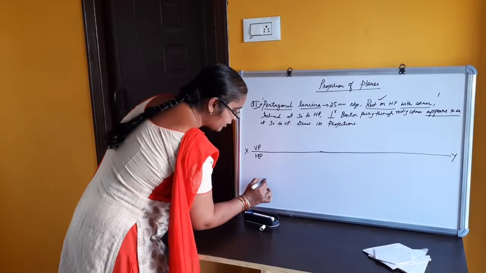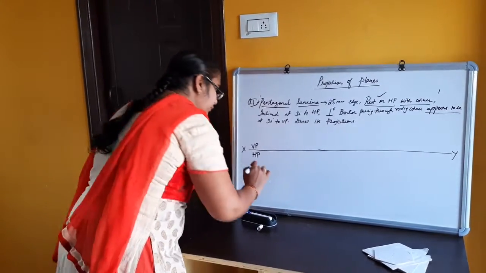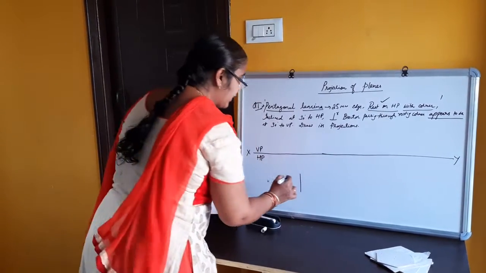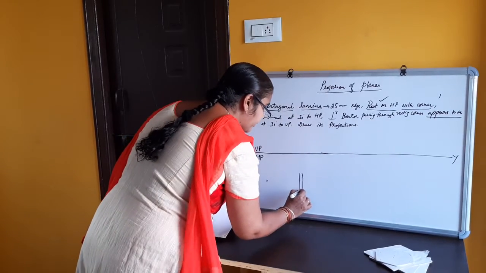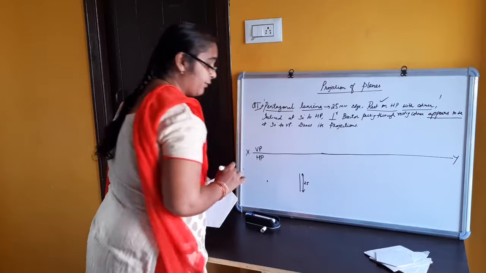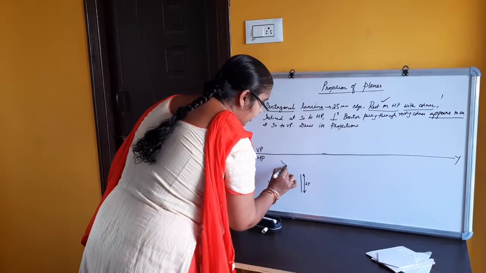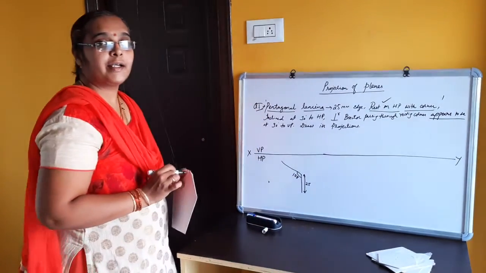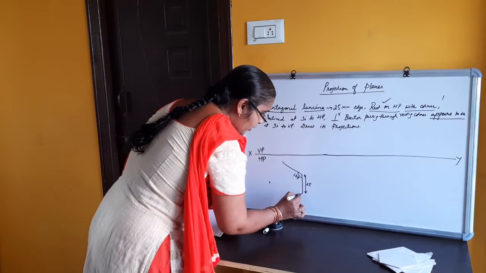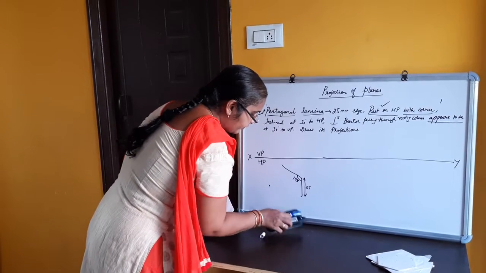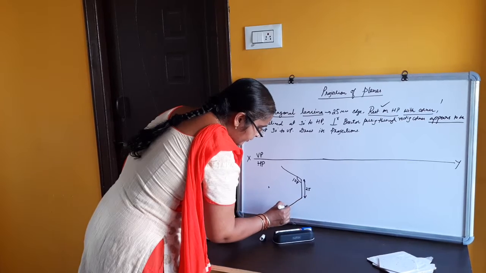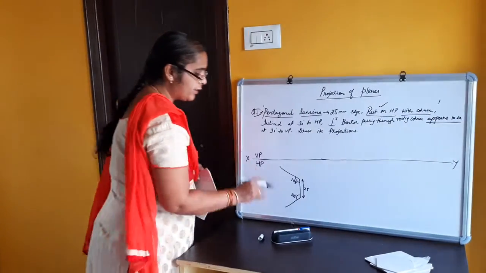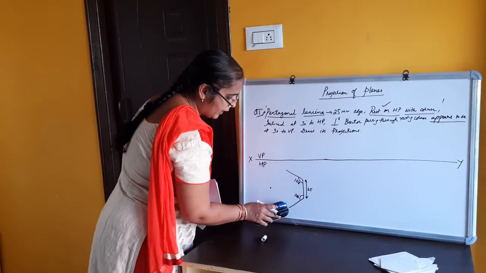Okay. That is, the corner should come to the left side, and this edge should come to the right side. The edge length is 25 mm. Draw a line of 25 mm length and draw another edge at an angle of 108 degrees. For a pentagon, the included angle is 108 degrees, and also draw one more edge at an angle of 108 degrees. Okay, so here also the edge length must be 25 mm only.